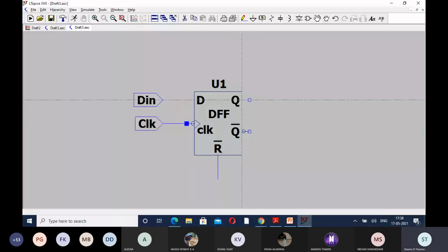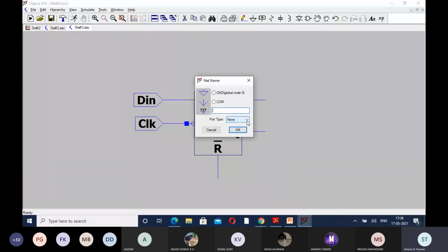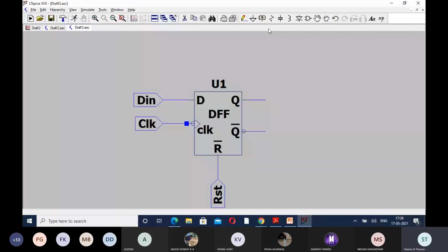Here also we will connect. Okay, so one more input we need to give. Reset I'm mentioning. So here we need to give two outputs. So it will be Q and Q bar. Fine.